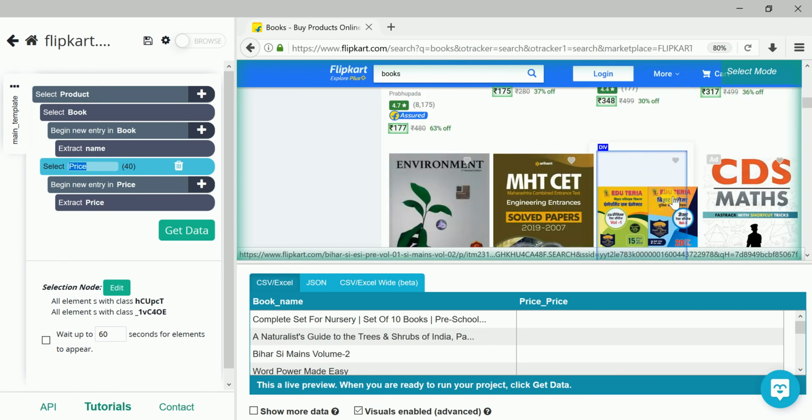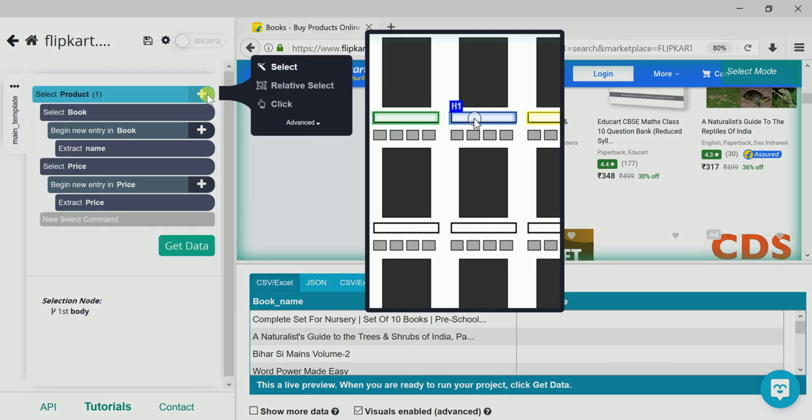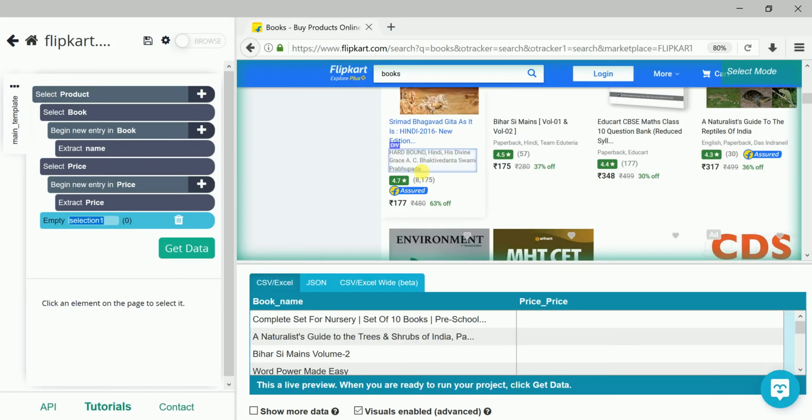Similarly, if you want more data from here, suppose you require the review or maybe the rating, you can go to select in product, then you need to select this icon, select. Then we require the rating, a number of reviews also.